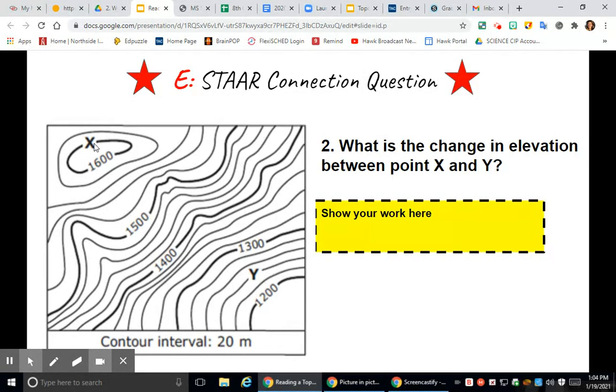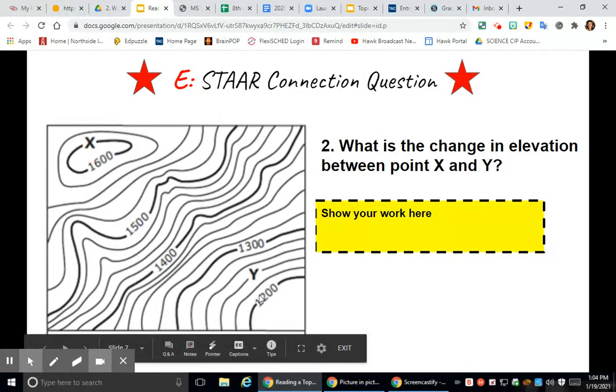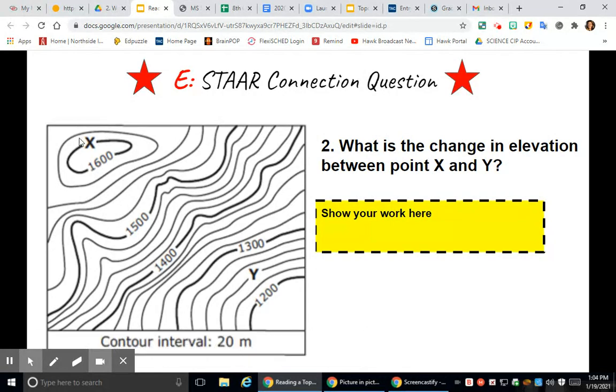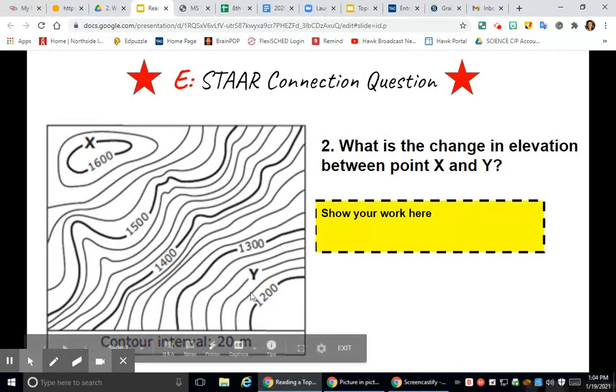Next, our test question. What is the change in elevation between point X and point Y? So what you have to do here is look at your contour intervals. Below here, it said contour intervals of 20. So you want to find out what is the elevation of the contour line on Y and what is the elevation at X. If we start at X, X is pretty simple because we know a contour has the same elevation all the way around, so X is 1,600, and Y would be, if this is 1,200, we go by 20s,